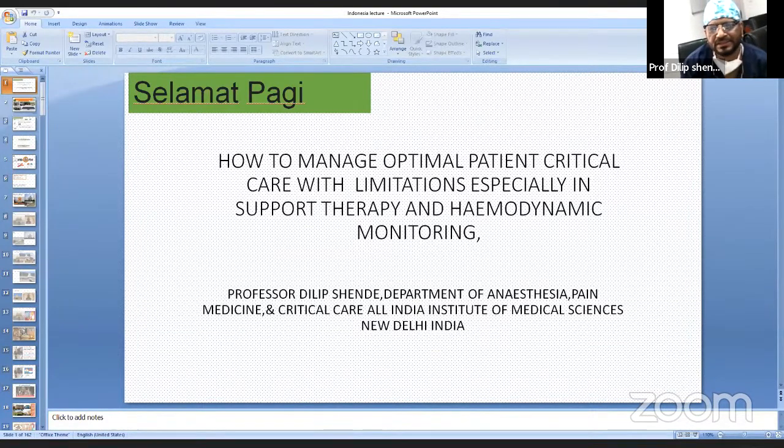This is the place where I work: All India Institute of Medical Sciences, New Delhi, a tertiary care hospital and premier teaching institute. We have more than 3,000 to 4,000 admissions. We have around 8 to 10 ICUs of various specialties like neuro, cardiac, and so on. And as anesthesiologists, we run a 20 to 30 bedded ICU, and we are running the DM critical care course. DM is a specialty course after MD anesthesia.